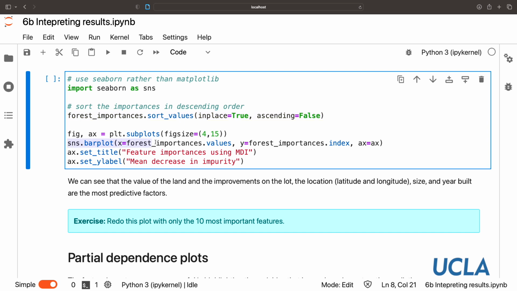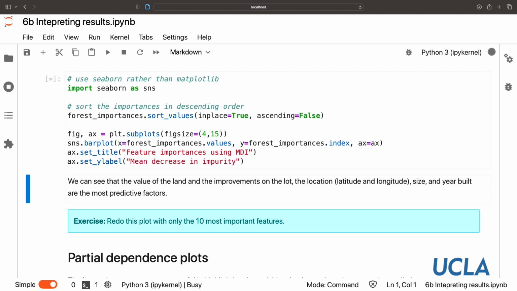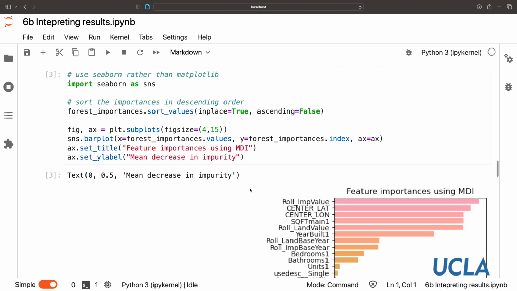And then let's do a bar plot which will be horizontal. And our x values are going to be the values of these importances, and the y are going to be our column names. And we'll plot it on the axis that we created here. And let's tell Seaborn what the titles should be. So this is much easier to